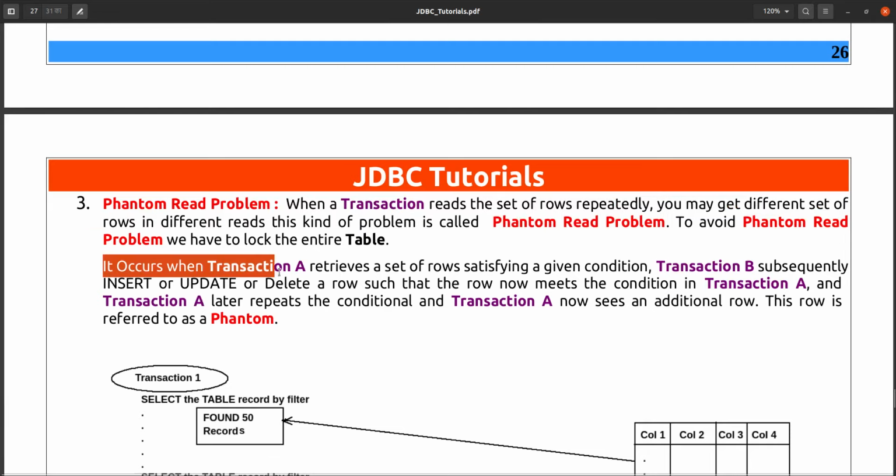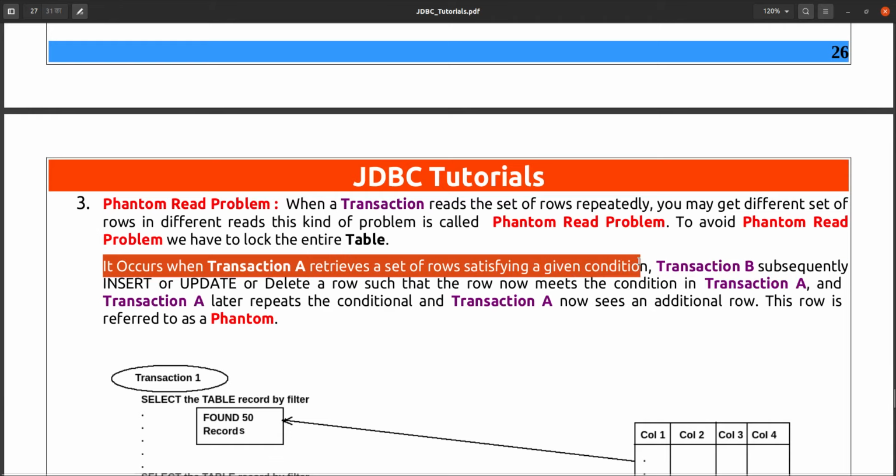It occurs when transaction A retrieves a set of rows satisfying a given condition. The given condition means the where clause, for example where city is something, where address is something, or where phone number or policy ID is this.